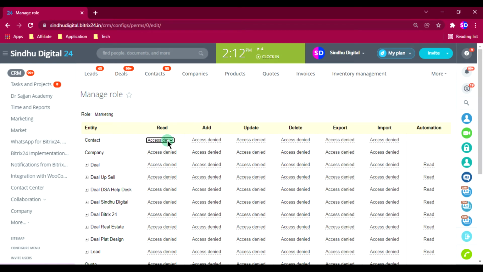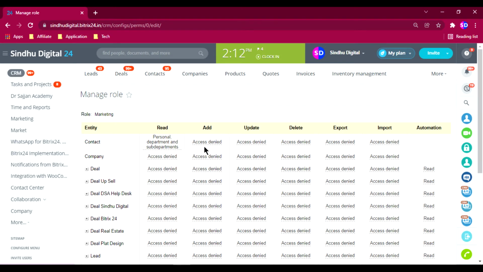Marketers should read the contacts, so I'll give that for all departments, like the personal department and sub departments. All the people in the marketing department should get access to see the contacts. They should also have permission to add a new contact, whichever one they deal with. So we need to give that access also.